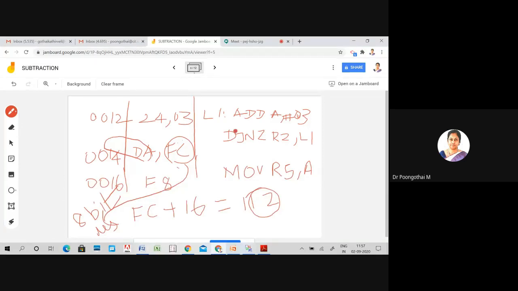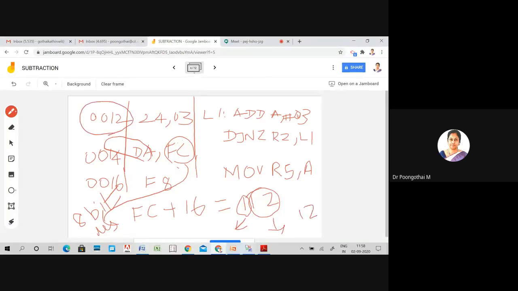So during the execution, first it will find the address of the next instruction. The program counter is pointing to 0016. So this 16 is added with FC. FC is nothing but your relative address. It's an 8-bit address, so these two are added. The value is 112. Here the 1 is dropped, your carry is dropped. Your target address will be 12. So this will be your target address.